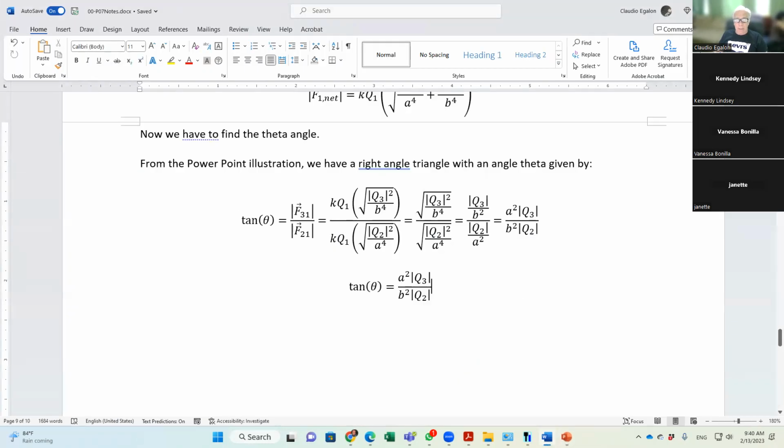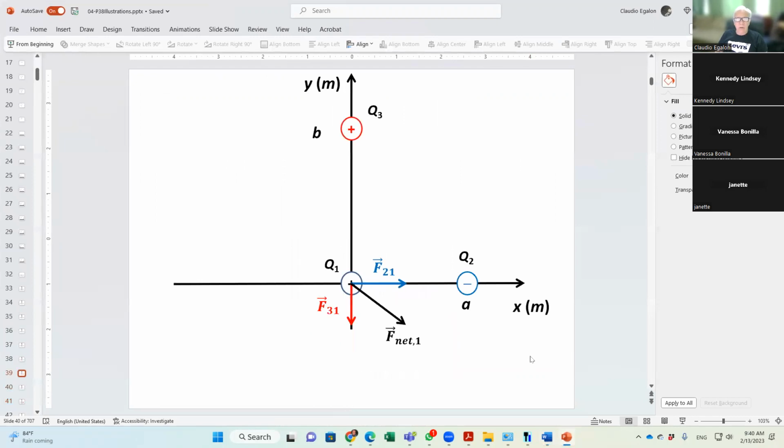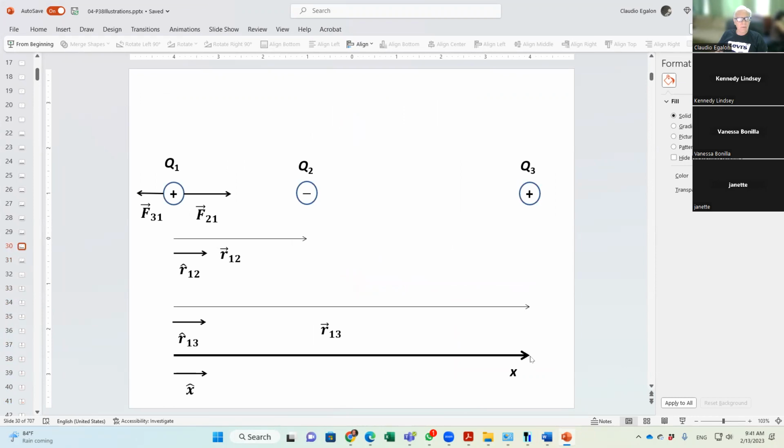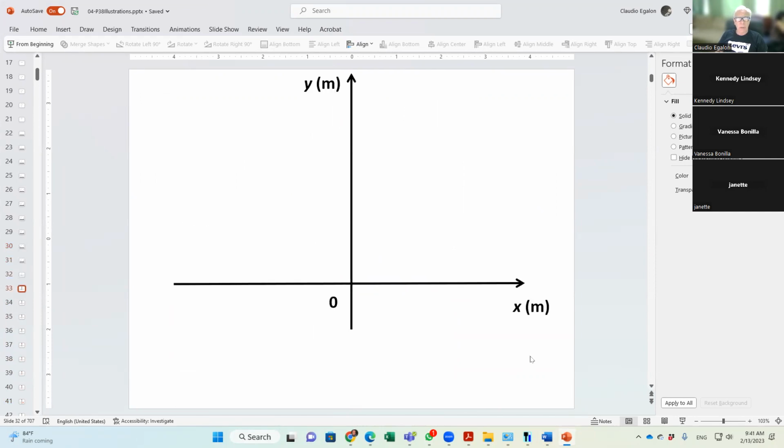So that first problem that you saw, with the charges distributed in a linear fashion, is the simplest type of problem that you're going to find involving three charges. Okay, this one that we saw right now, again, is the second simplest type of problem involving three charges. Okay, the next level of difficulty, I'm not going to solve that. The next level of difficulty involves a problem that you do not have